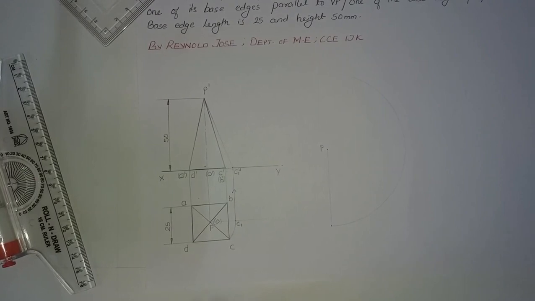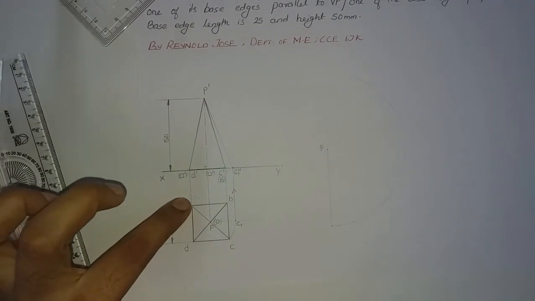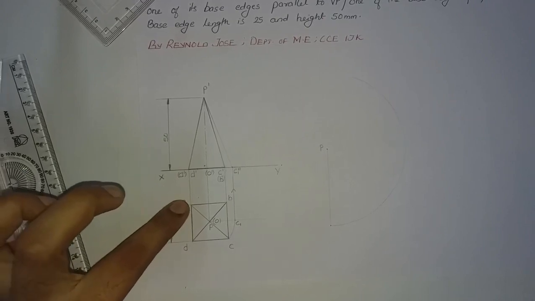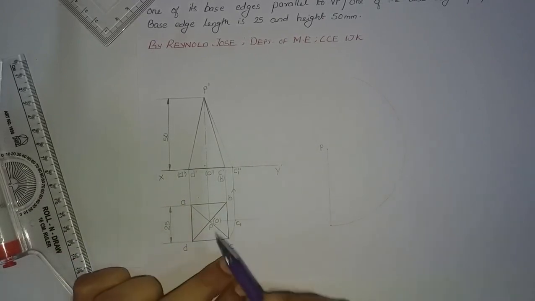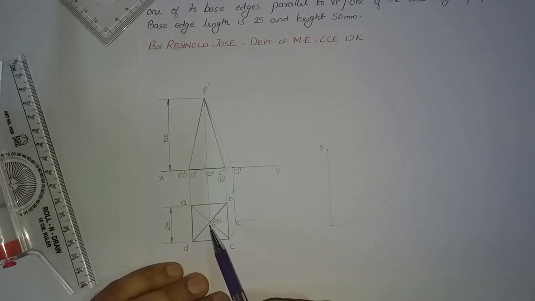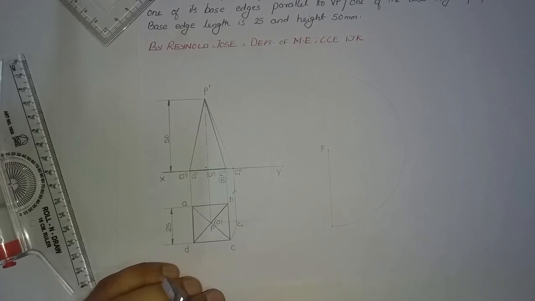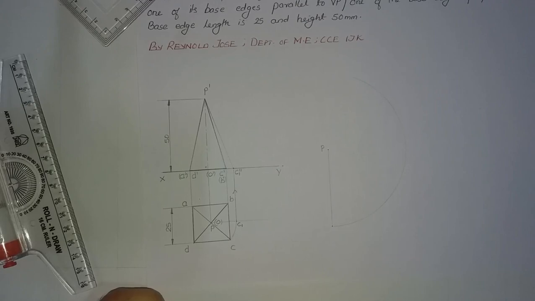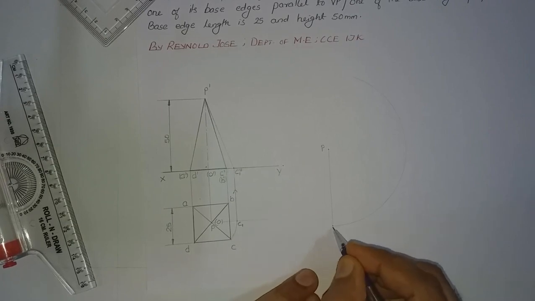Now let us assume that we are unfolding the solid from point A. So when you are unfolding the solid from point A, let us assume that we are just cutting the solid through the slanting edge PA. So this is slanting edge PA. We are cutting the solid through that particular slanting edge, and we are unfolding the solid and making it into a flat surface. So I am going to mention how we will be drawing the corresponding development. Let us name this point as point A.